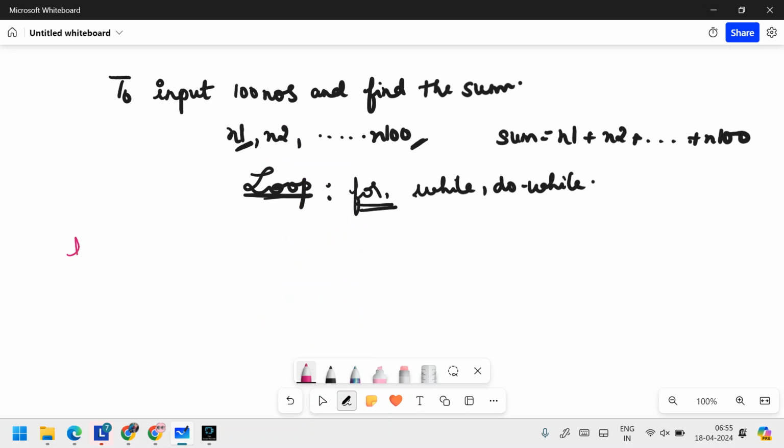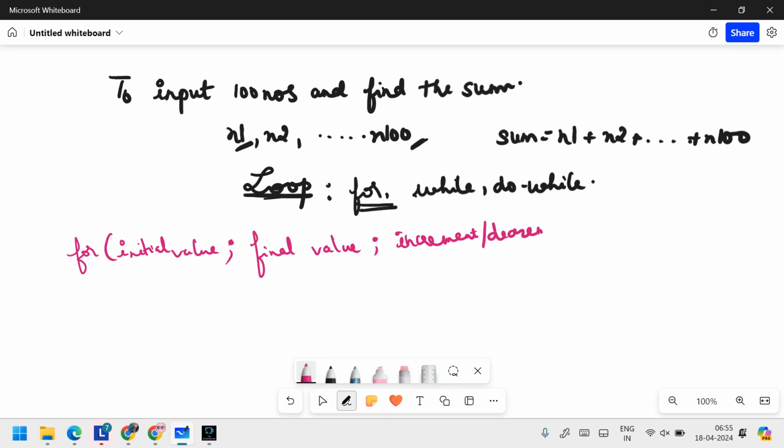The syntax looks like this: for, then the initial value, semicolon, final value, and then your increment or decrement. This is the syntax of the for loop.